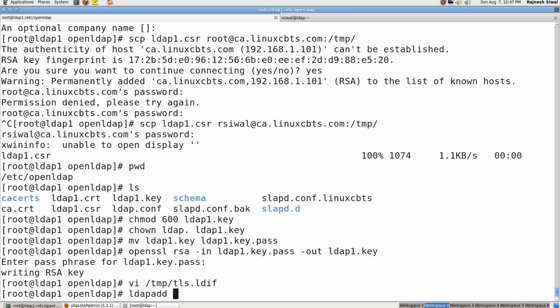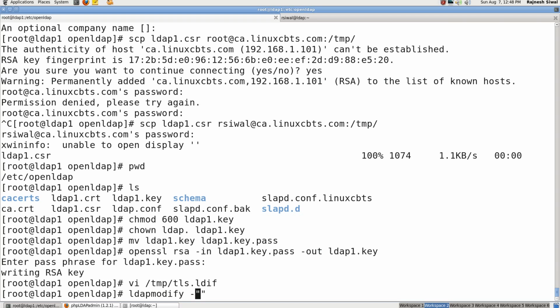So the next step is to run the command ldapmodify. Whenever we are running ldapmodify, we'll have to provide write access to cn=config, which could be provided only by the root DN.